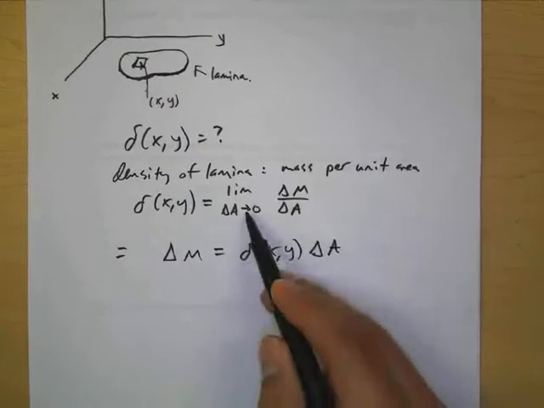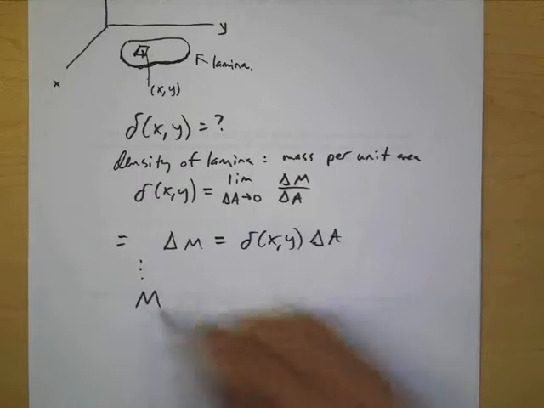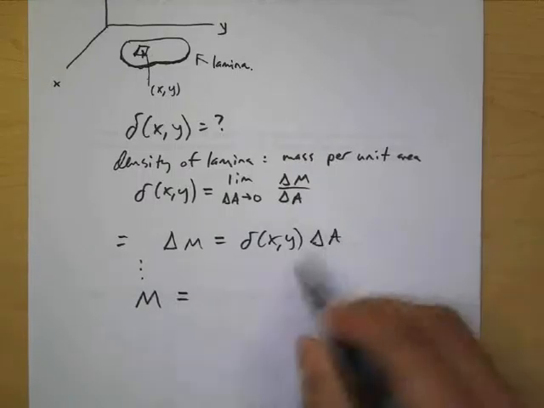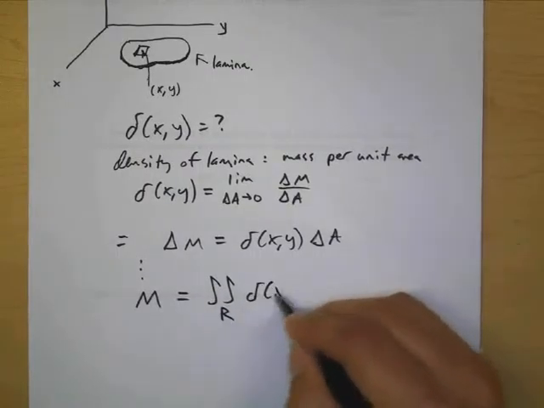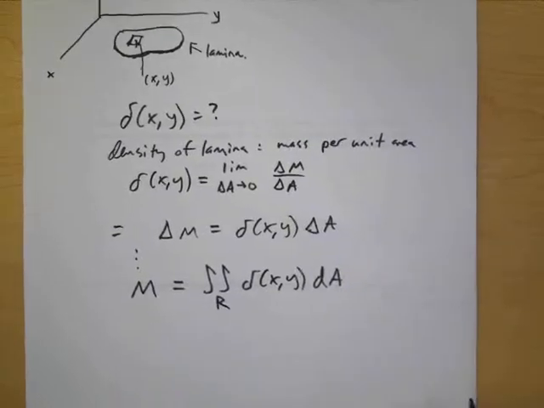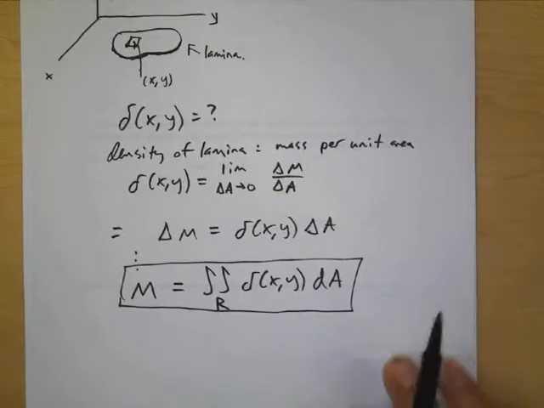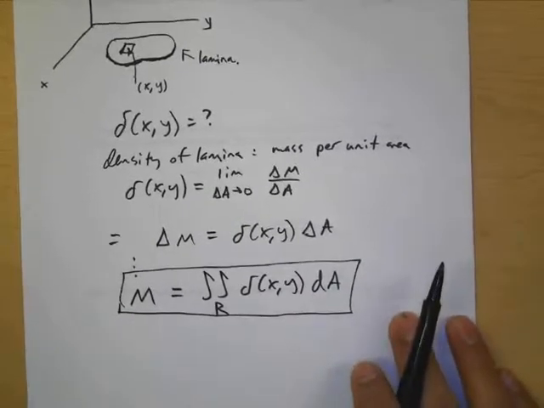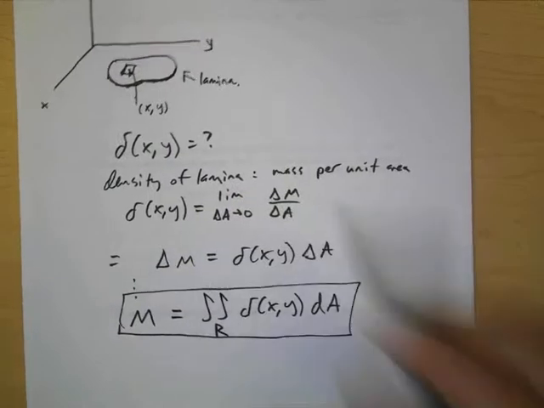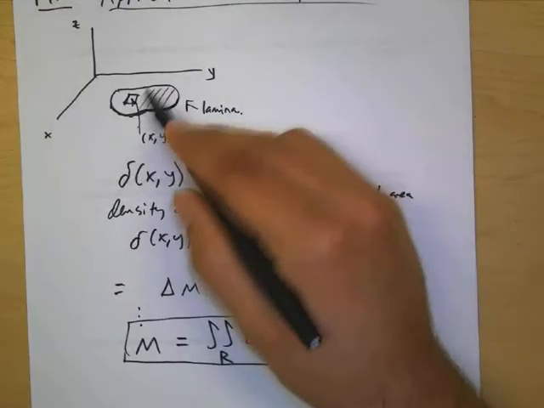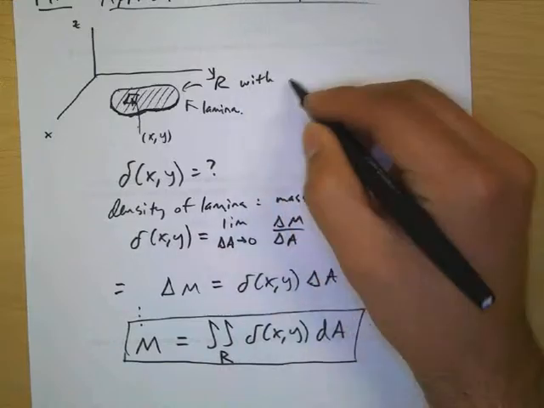And again, as these dimensions tend to 0, this delta M becomes just mass. dA is what we get from delta A. So now we have the double integral, and that is our first application. It's not a horrible one. It's pretty straightforward. So this is really going to be your region R, and it will have some density function given to you,